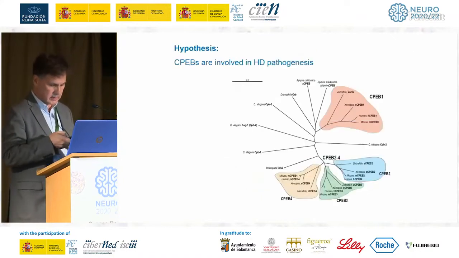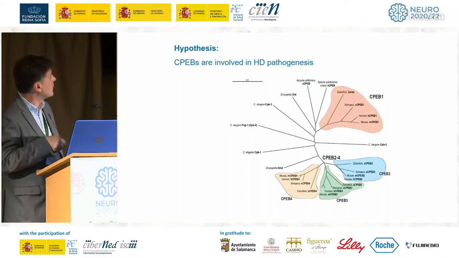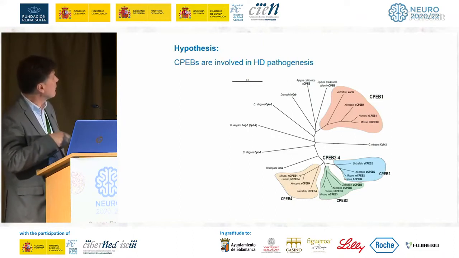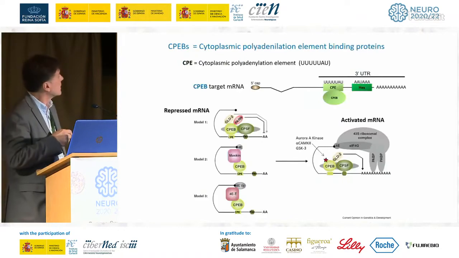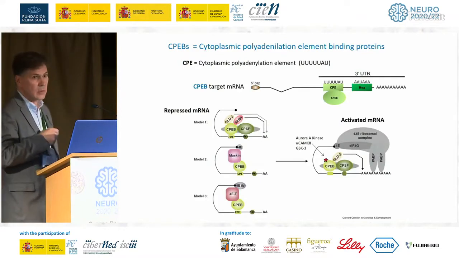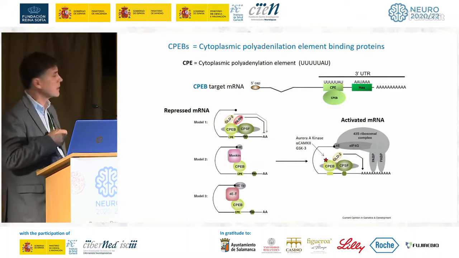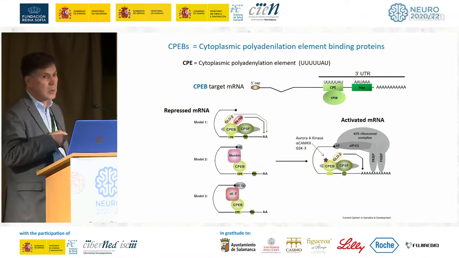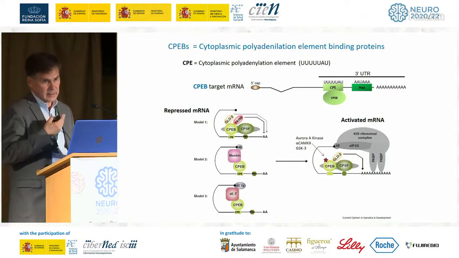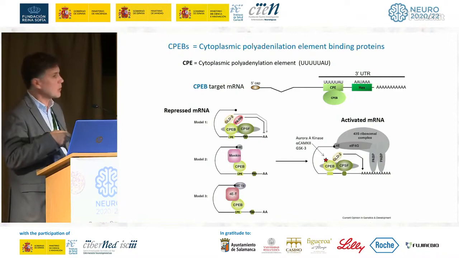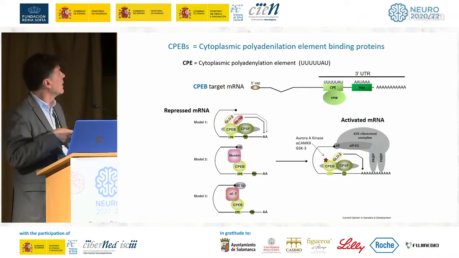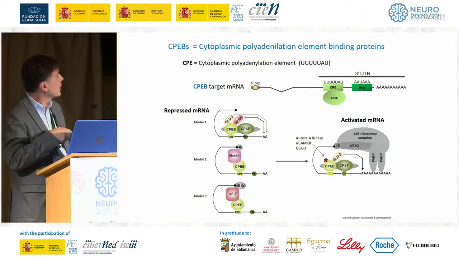ORP2 is the Drosophila ortholog of CPEB2, 3, and 4. It's a family of RNA-binding proteins with an additional member in mammals, CPEB1. And what these proteins do is that they bind this U-rich sequence called cytoplasmic polyadenylation element that is located near the poly-A signal in the 3' UTR, untranslated region, of many transcripts. Approximately 40% of the transcripts have these bioinformatic requirements to be regulated by these proteins.